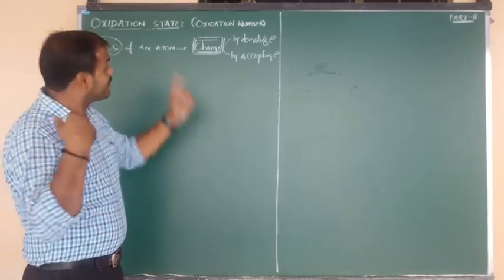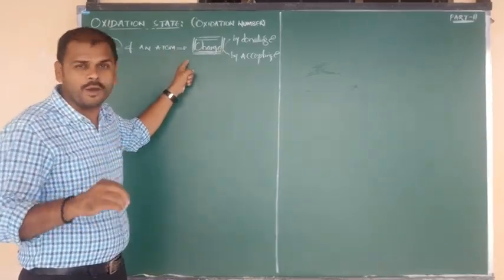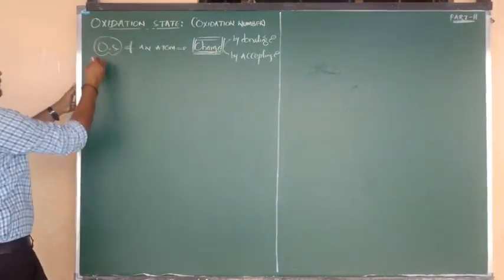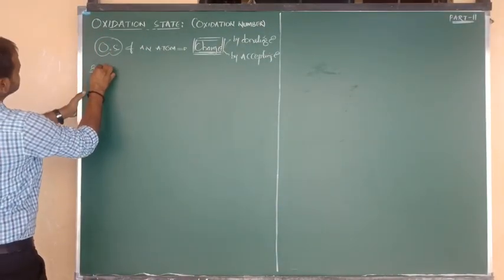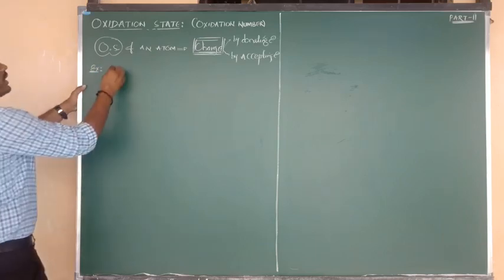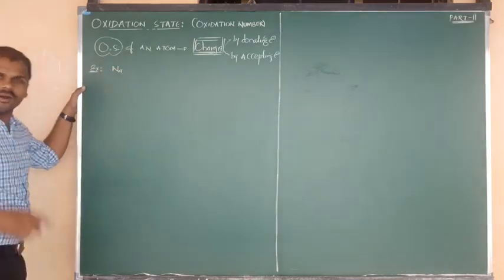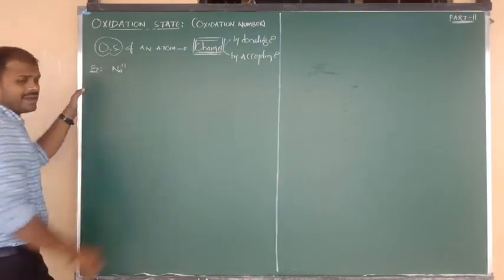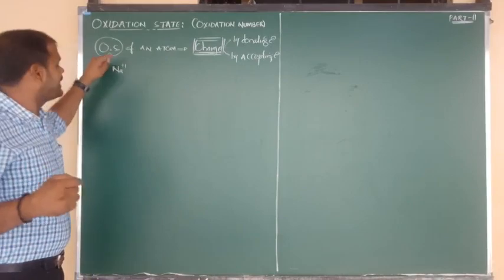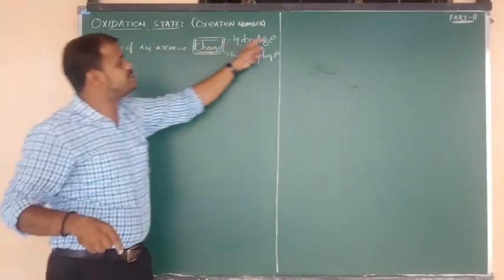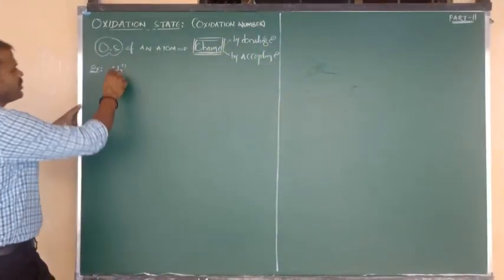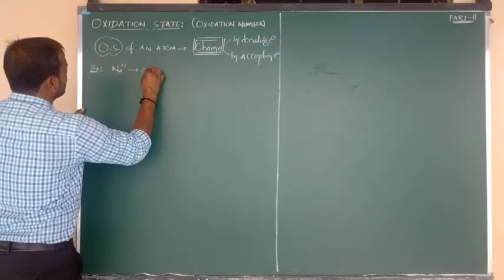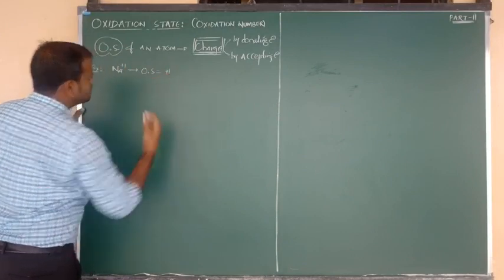The definition is done, but for that definition I am now going to give you an example. By seeing that example you will get clarity. First, sodium. Sodium belongs to which group? Group 1A. Charge should be +1. The meaning of +1 is that sodium gets +1 charge by the donation of 1 electron. So the donating tendency is 1 and the charge it gets is +1. So we can say that the oxidation state of sodium is +1.